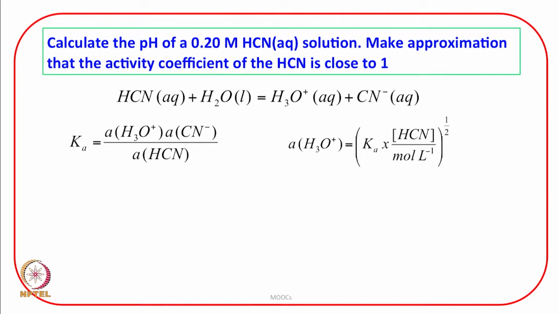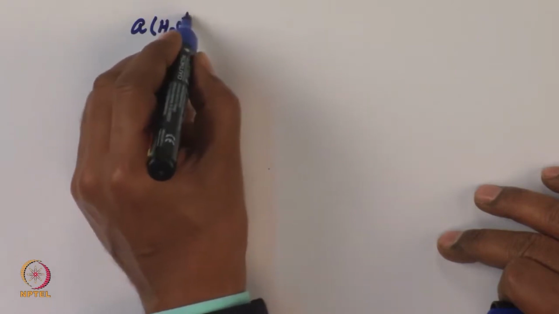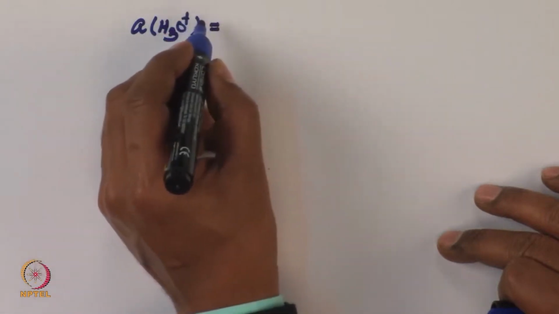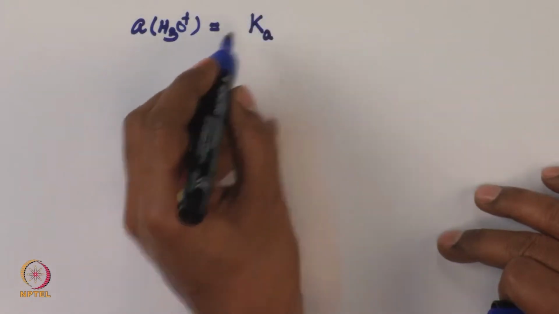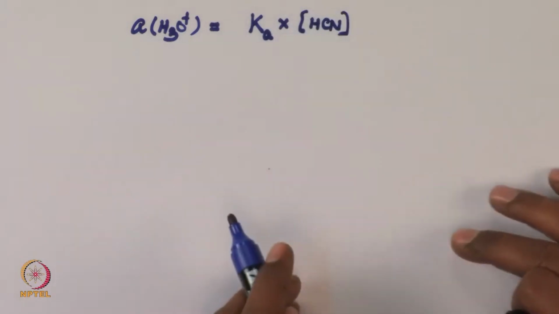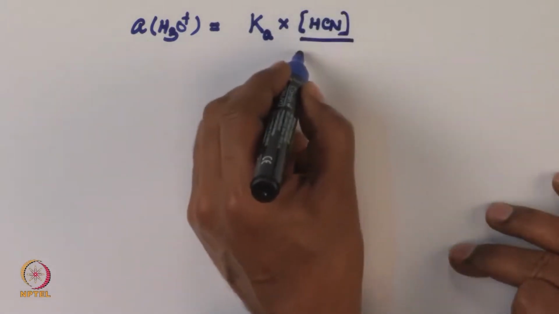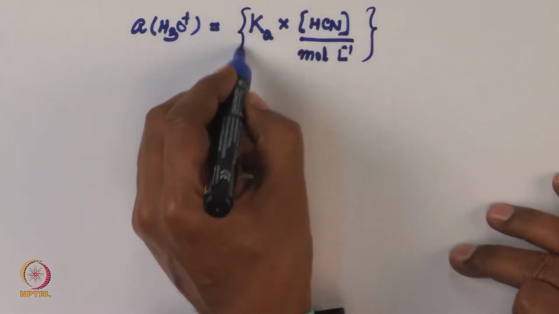So, now what we do is, we have derived this expression, and in order to make it dimensionless, I will put mole per liter, and this is 1/2,